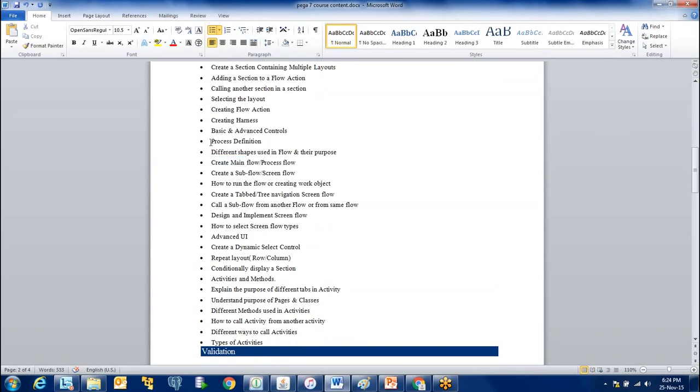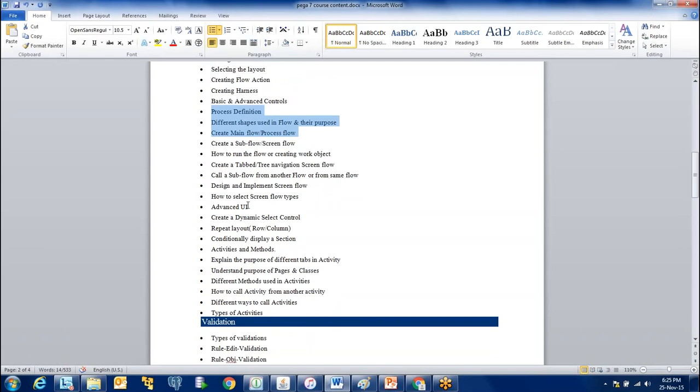This is a process definition and the different shapes used in flows and their purpose. These are what drive the business process. You have a flow wherein different shapes have individual use case functionalities. Another thing is advanced UI and screen flows, which are specific to the system.